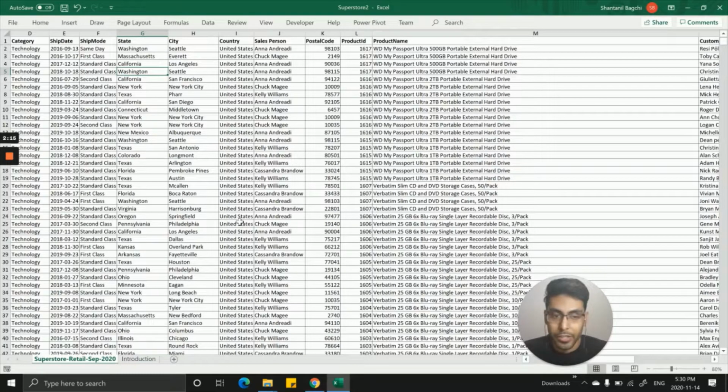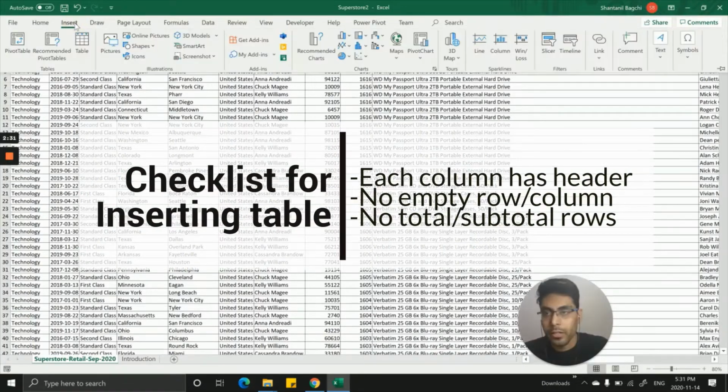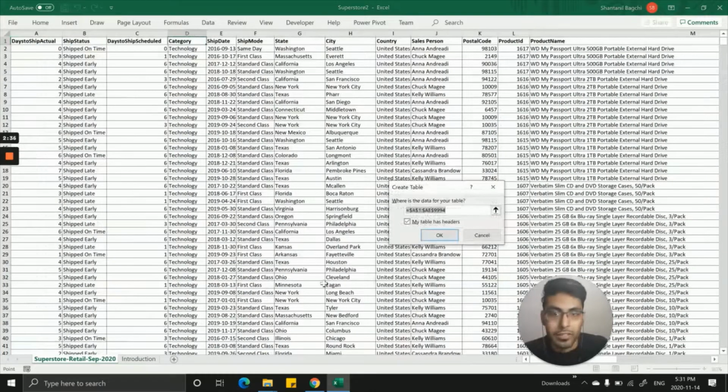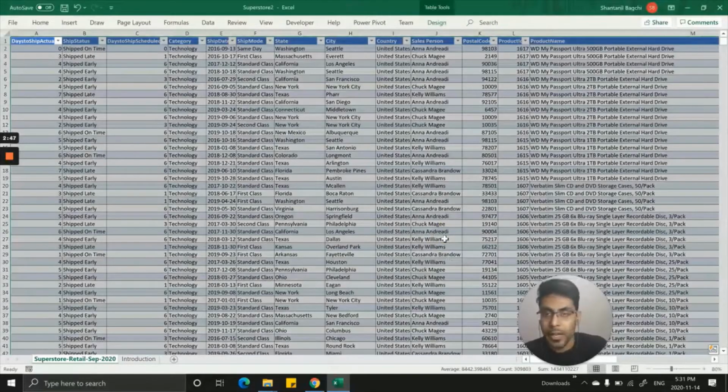So the first step that you need to follow is to select the complete dataset. We can click anywhere inside the dataset that we have given. We can go to the insert button and click on the table option. This is going to select automatically the complete dataset that you have. It is asking whether your dataset is having headers, and you do have headers, which are these names that are on the top of the columns. So you can press OK on with it and it will automatically create the first table.